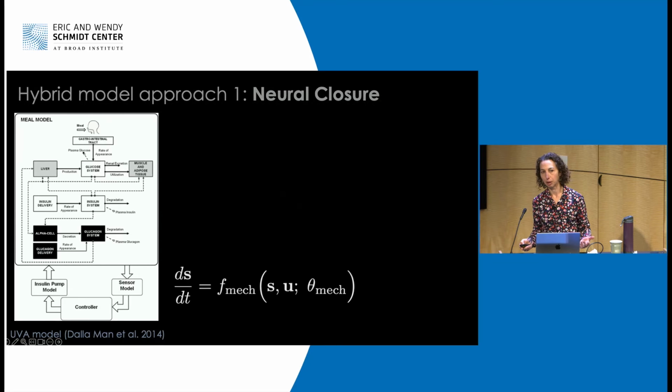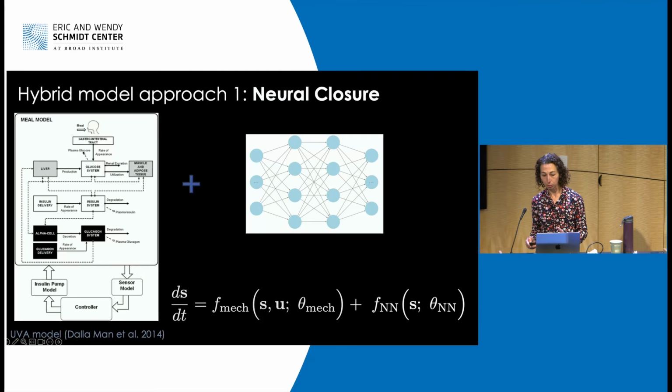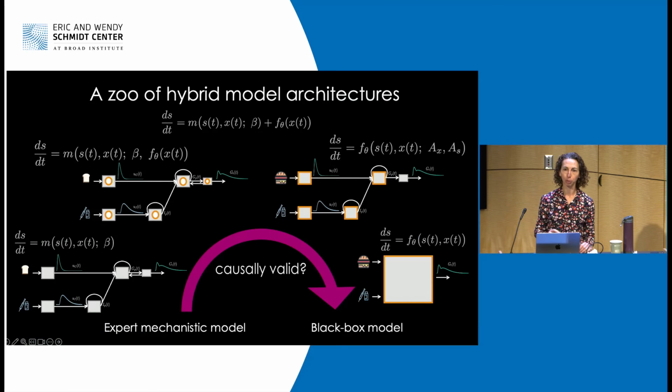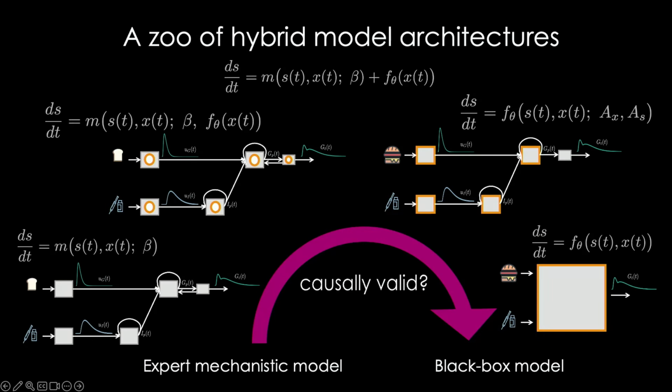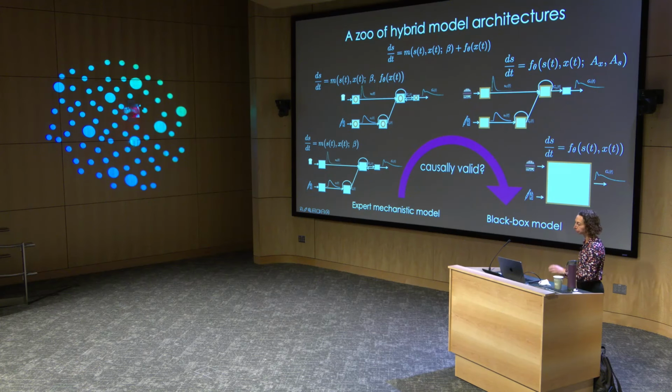And there are many ways to hybridize these models. One is to assume that the residuals are captured; you're going to model those residuals using a neural network. But there's a whole host of other approaches. So you can, if we walk along the spectrum, start with our pure mechanistic model. Another approach assumes that the simulator parameters of the mechanistic model vary flexibly with neural networks. You can also assume that the state interaction structure is maintained, but each state update is going to follow a neural ODE. Or you can forget the mechanistic model altogether and consider a black box ODE, neural ODE.